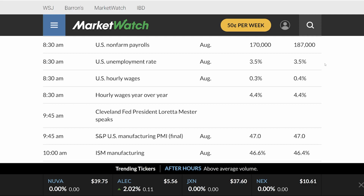They miss over and over again for months and months and years and years. So let's say we are in line, at like a high 169, 170. That's fine. But if you see the unemployment rate tick up to like 3.6%, if you see hourly wages go flat, if you see wages year over year come in like 4.2, 4.3, I think if you can see those pieces of data,